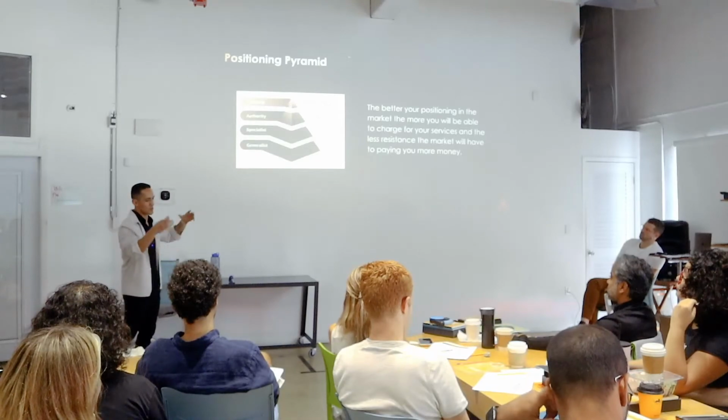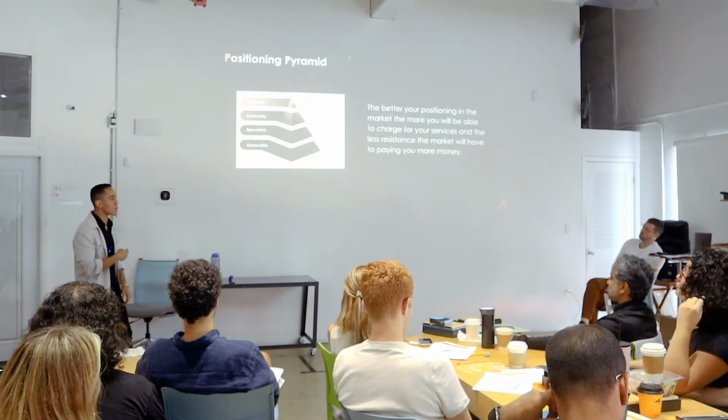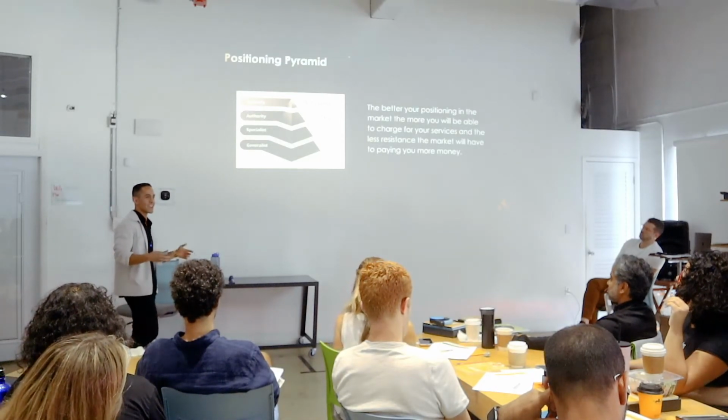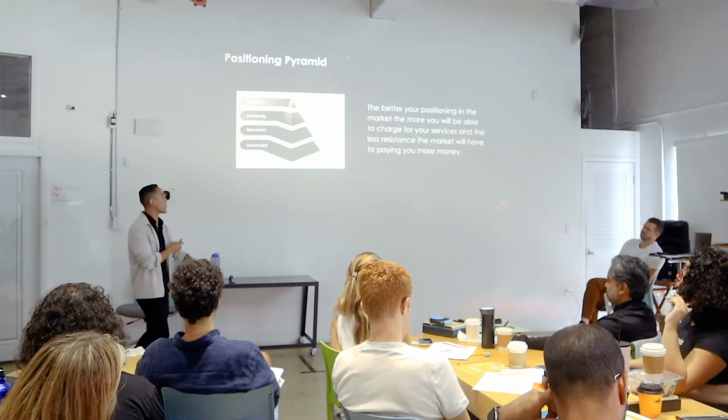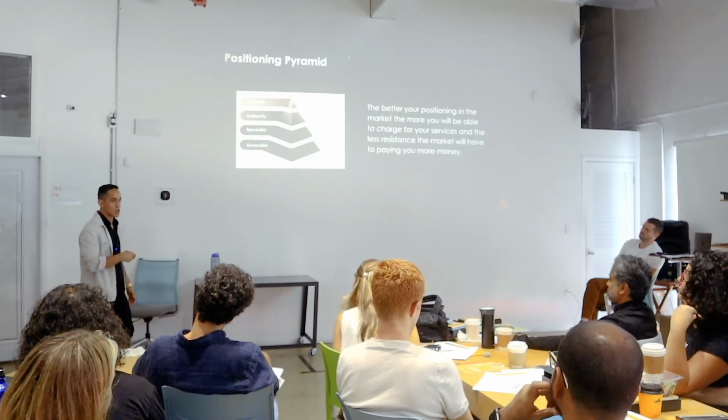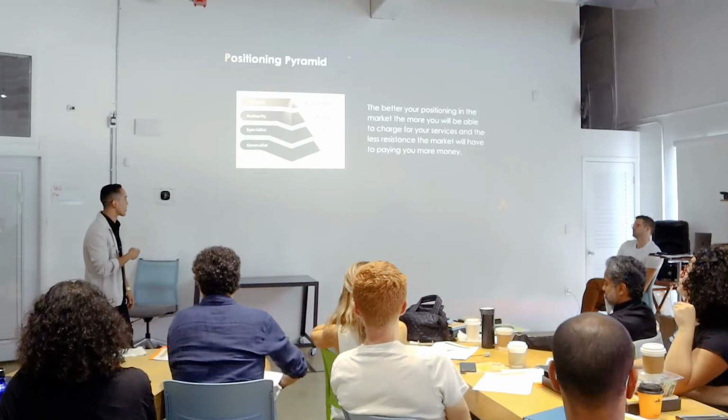Then you have an authority. This is the person that is writing and leading the field when it comes to helping people lose fat and get fit fast. And you might have the celebrity. This might be the person that shows up in that show where they help people lose a lot of weight? Biggest Loser. Biggest Loser, right? So that celebrity trainer is getting paid 10 times more than the generalist. Because they're a celebrity, they have status, they have positioning, they have proof, and they have social proof. A lot of people look up to them, right? So this person is going to be able to charge way more.